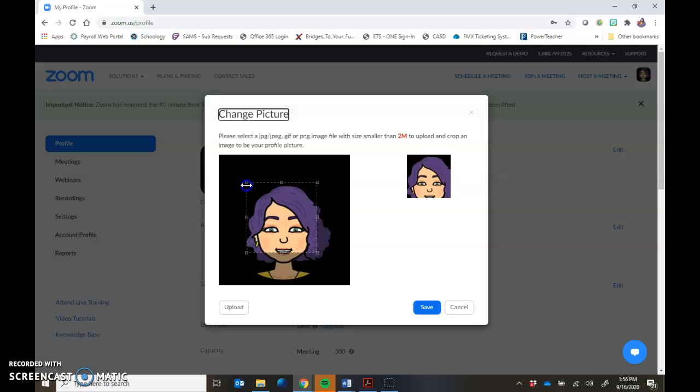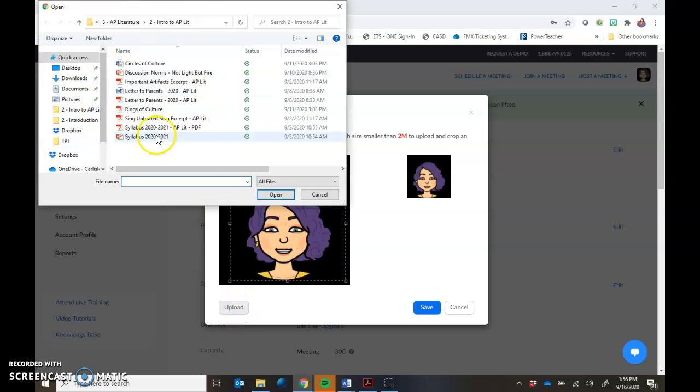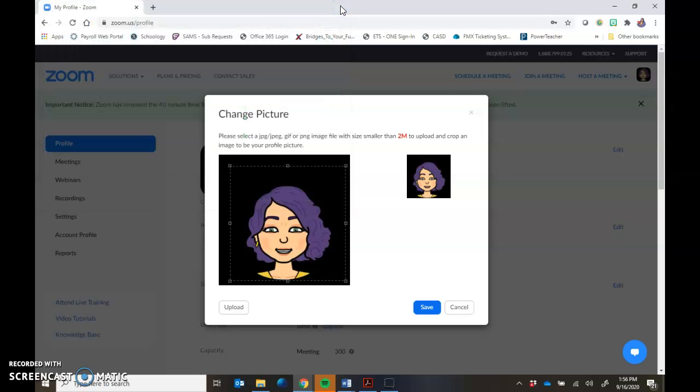and you can decide, I want mine to kind of cover the whole thing, so you can decide what picture you want. And if you go to upload, it will take you to your pictures or to your desktop, and you can upload a picture of yourself. You can upload a little Bitmoji cartoon like this. If you don't want to use a picture of yourself, you can upload a picture of your dog, anything that's